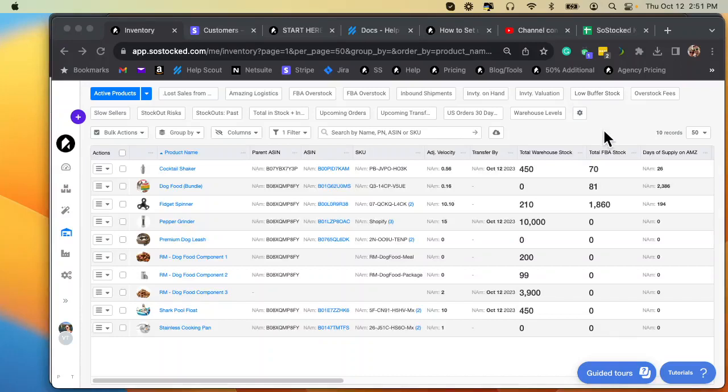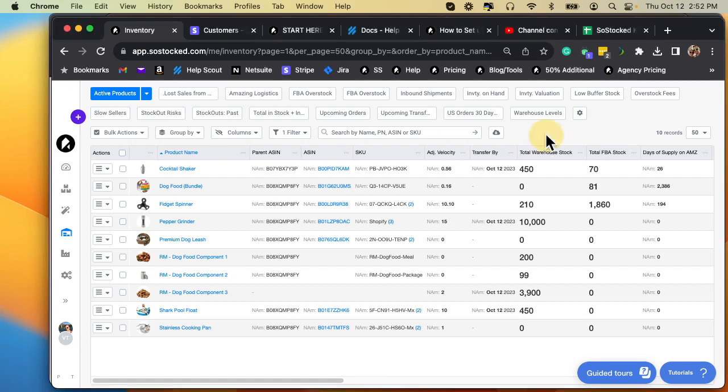One of the small new features that we've added into SoStocked is the ability to filter and search by parent ASIN. This has been requested a few times, so we added an additional column. This column right here is called parent ASIN, and it's not a default column on your default dashboard, but you